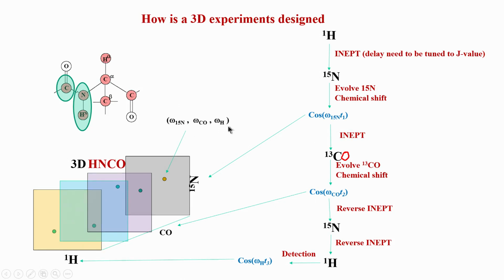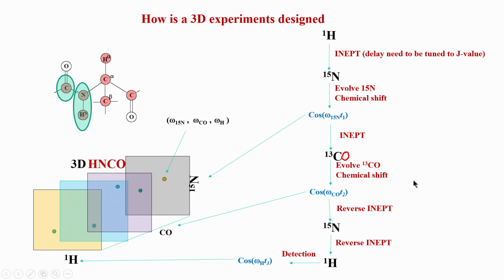Therefore, by having 3 chemical shifts we have got a 3D experiment. So, a 3D experiment basically involves correlation of 3 different chemical shifts as shown here, and what did we do in this entire experiment? Basically we used INEPT and evolution, INEPT and evolution. You can see everywhere it is a matter of just INEPT and evolution to understand it basically.